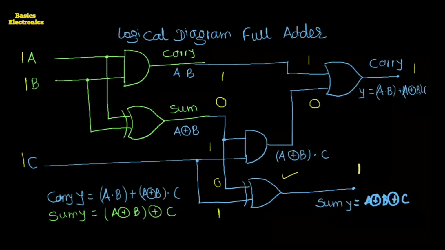If we do the mental addition of these three binary bits, 1 plus 1 plus 1, we get 11, meaning the sum is equal to 1 and the carry is also equal to 1. Now we have to draw a truth table,